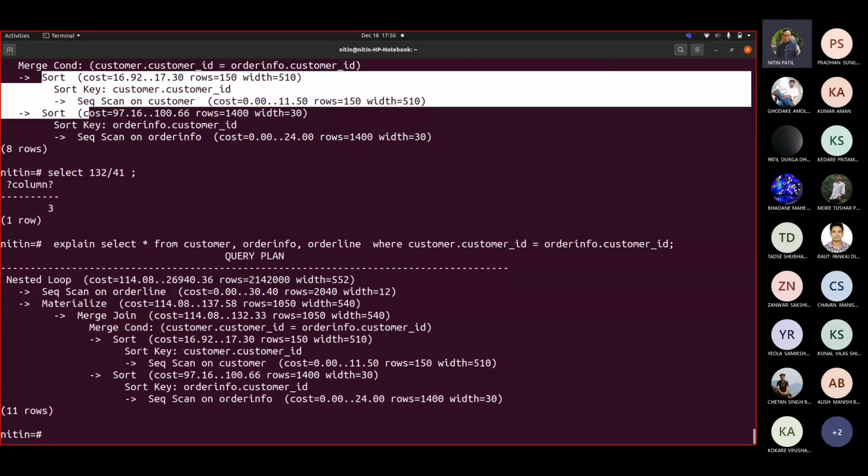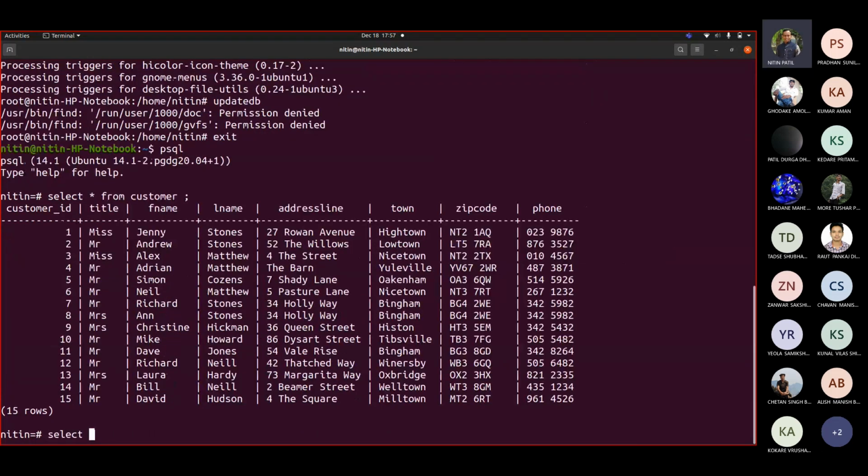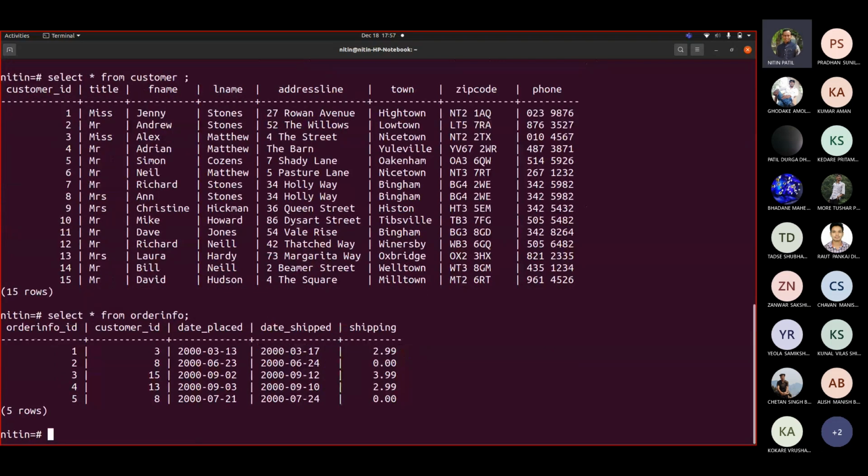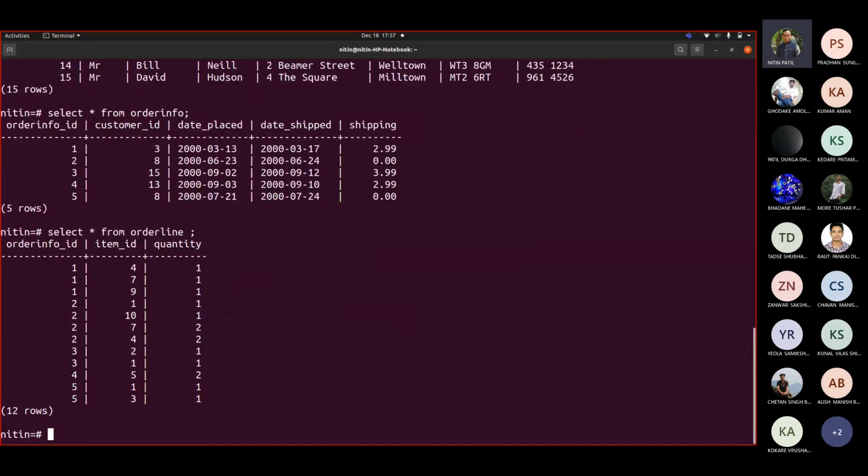Now my plan is getting bigger and bigger. Now I have 3 tables. So if I remove this explain. Now we had customer table 15, order info 5. Now let us see how many are there for order line. Select star from order info 5 and order line 12.